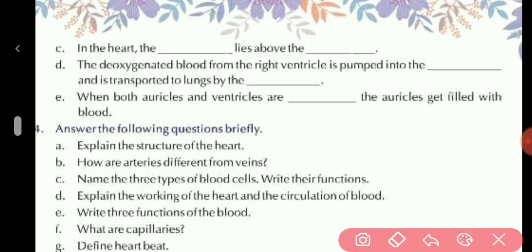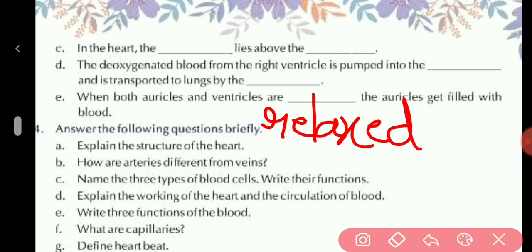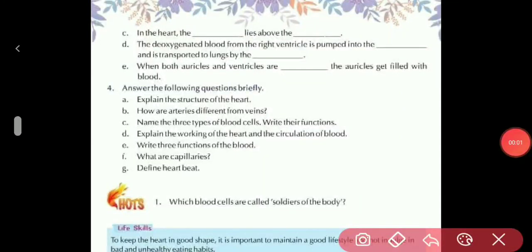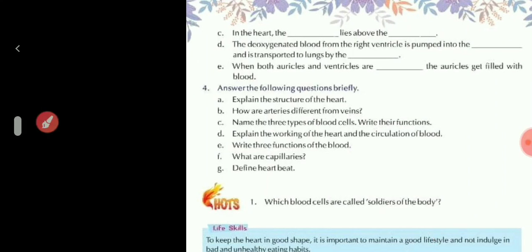E part, when both auricles and ventricles are dashed, the auricles get filled with blood. So the answer is relaxed. RELAXED. Now let's move towards question answer. Question number 4. Answer the following questions briefly. A part. Explain the structure of the heart. So the answer is,